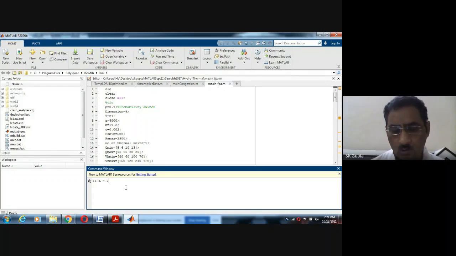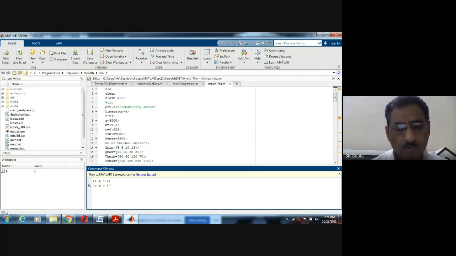If you write A is equal to 2, and after this you write the semicolon and press enter, it means it has understood that A is equal to 2. It has noted that A is equal to 2. Now if you write B, it can be B small, and depending upon that, capital A is different and small a is different. So A, and then you write B is equal to 4,